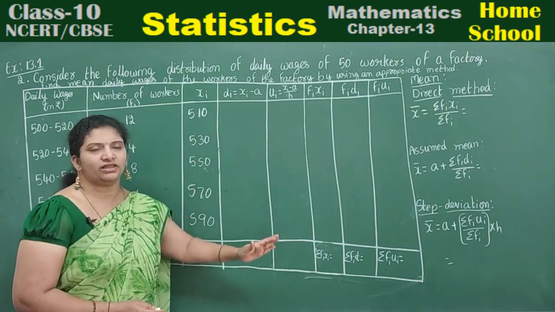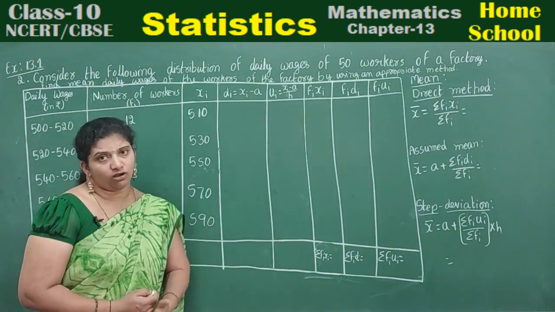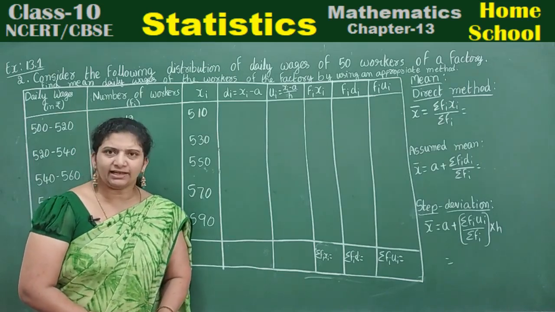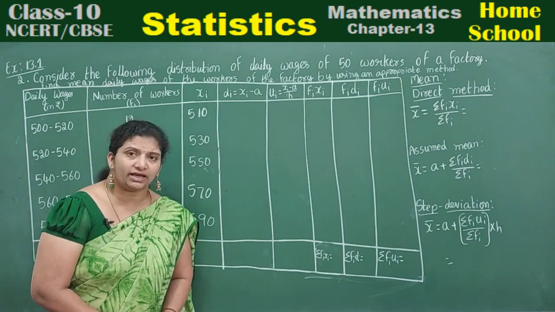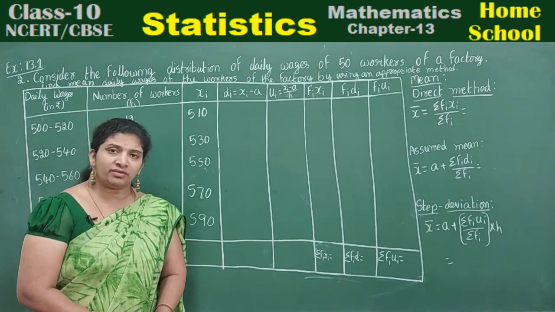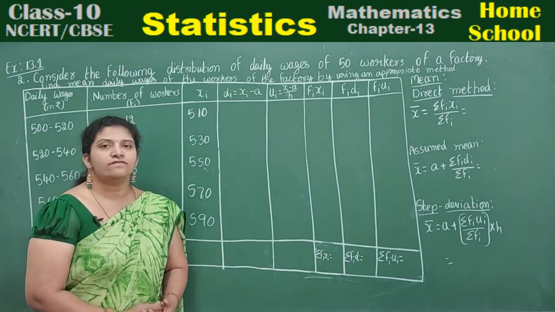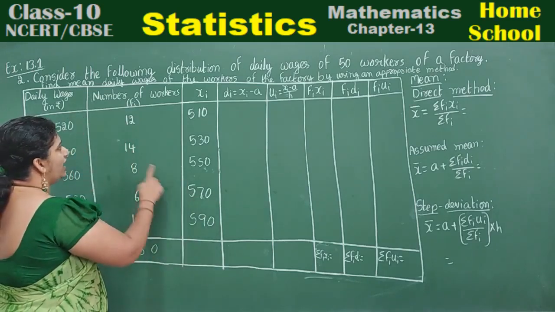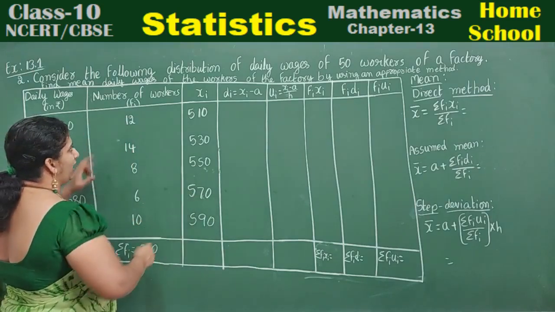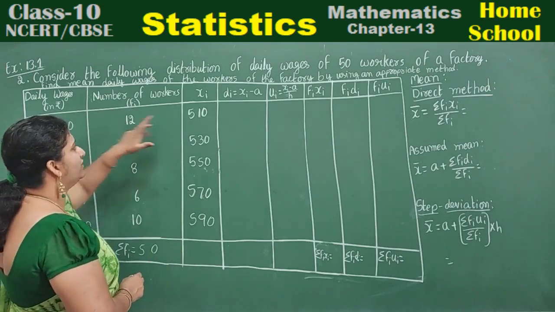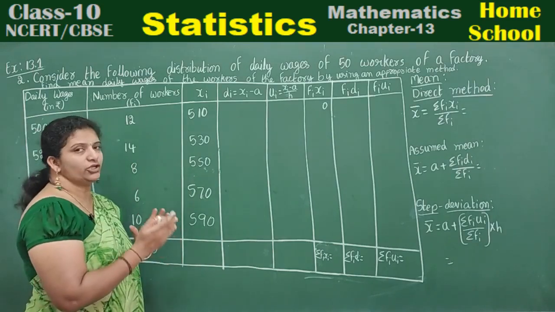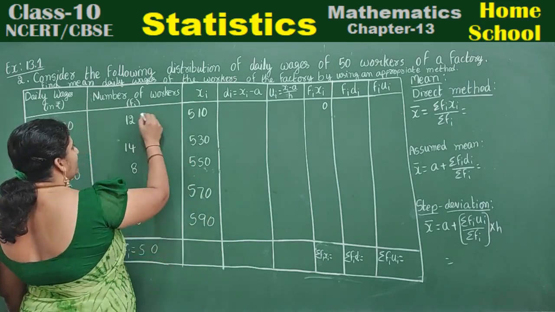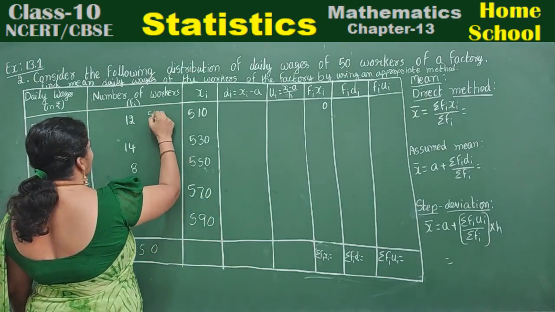Now choose your method and try to select those columns. Let me start with the direct method. We are going to calculate mean by direct method, assumed mean method and step deviation method. First one is the direct method. Xi, Fi, you need to multiply. Start multiplying. We have very limited space, but you do your calculation part in a rough column.